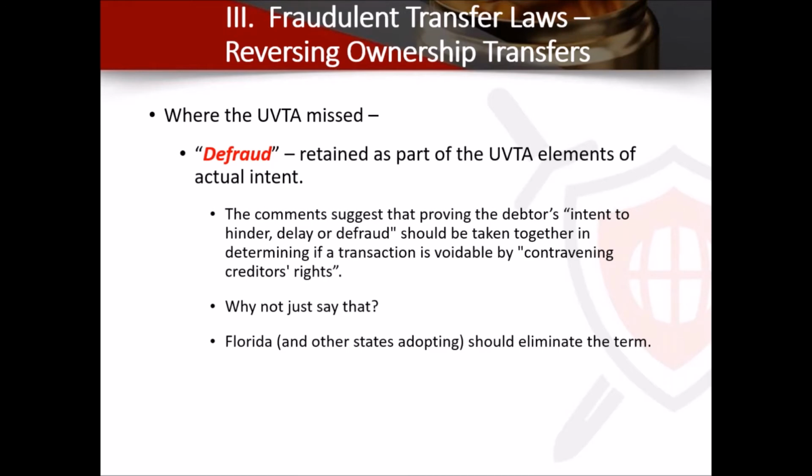And again, we get into is fraudulent transfer fraud. The new act avoids the fraud word a lot, which is good, but it also goes into the comments that, here's the comment suggests proving a debtor's intent to hinder, delay, or defraud. But it's not fraud. You're moving assets away. You're not misleading someone to take financial gain. So it didn't completely solve that. We think it probably should have.